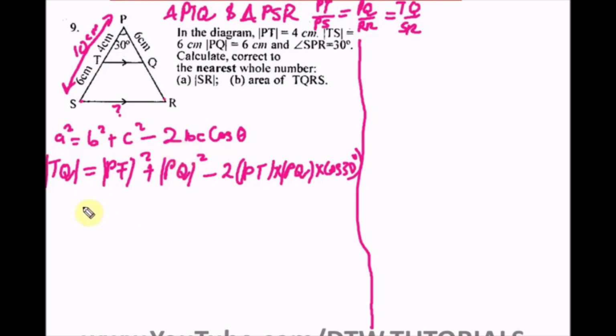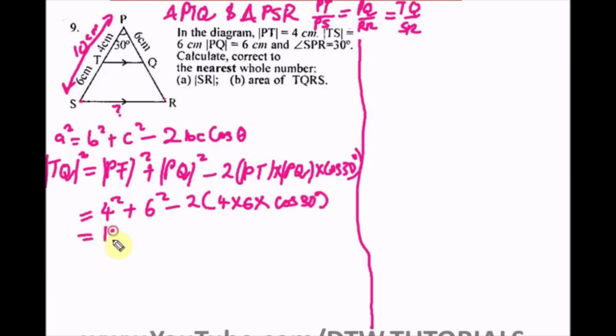All right, so what do we have? So this is TQ squared. Sorry, I didn't put the square here. So this is now equal to 4 squared plus 6 squared minus 2 bracket 4 times 6 then times cos 30 degrees. All right, so what do we have here? This is 16 plus 36 minus the summation of all this. If you multiply this times cos theta, we are going to have 20.785. Okay, then here what do we have? This plus this will give us 52. This times this will give us minus